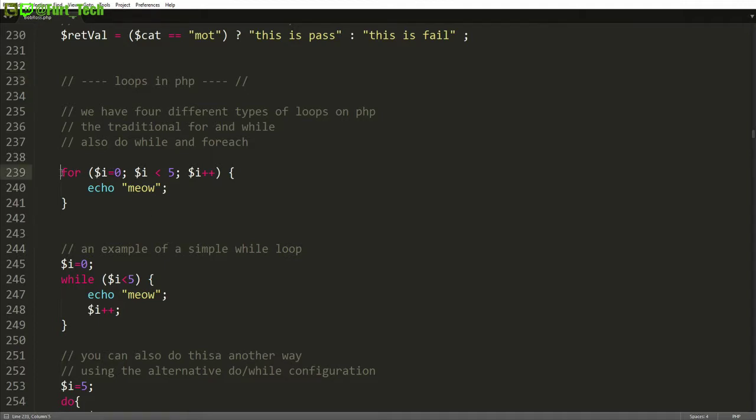You start the for loop with the for keyword. You have some brackets here, or some